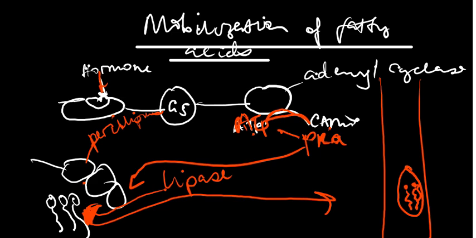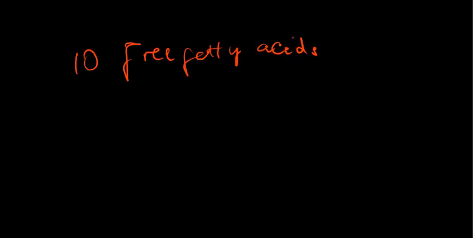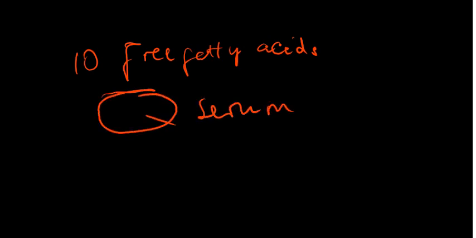Alright, so they are transported in the blood, and they are also transported to other parts like the heart, the skeletal muscle, as well as the renal cortex. This is the way of transporting an insoluble molecule within an aqueous medium when it binds to serum albumin. It binds to the serum albumin, and then it's transported to organs that are in need of that